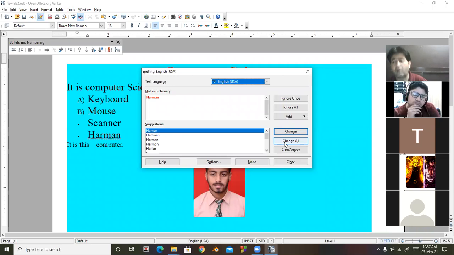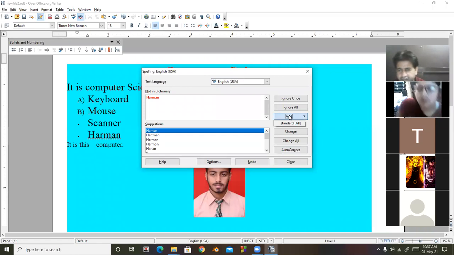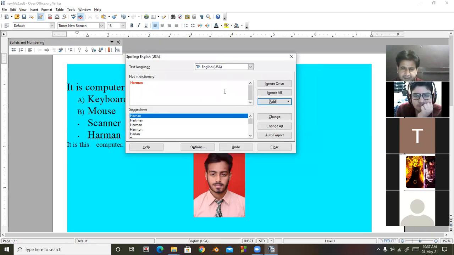You can change all if the same type of errors are again there in your document. Add, in case you want to add the words in the dictionary. Ignore once means one time the error will be ignored. Ignore all: if the same error is in the document more than one time, these will be ignored. So these are the different spelling and grammar checking options.